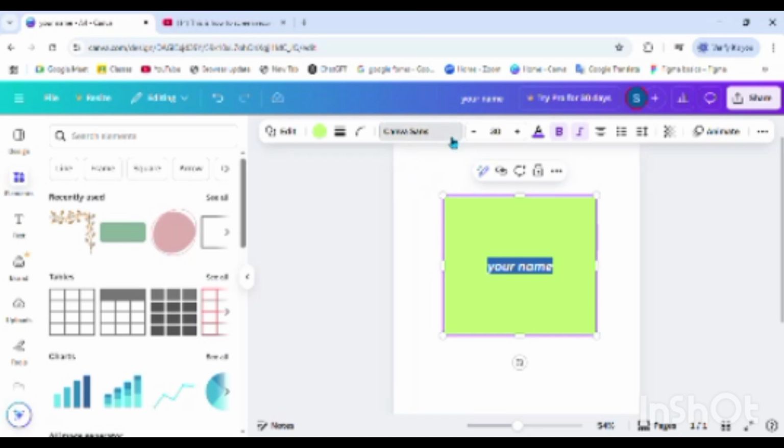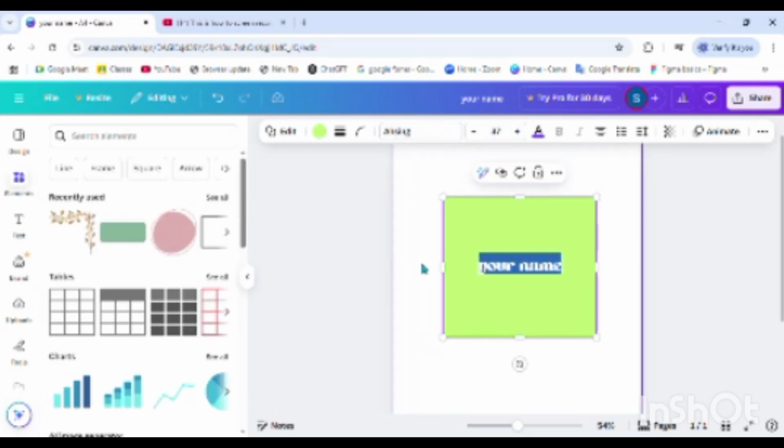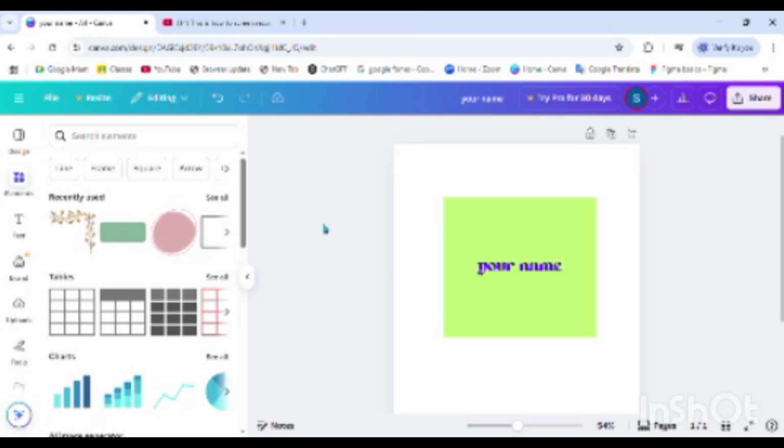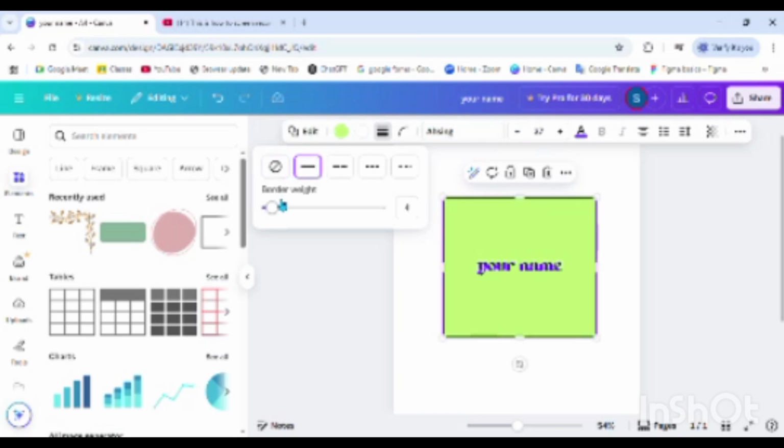Be sure to select everything. And then we have Canva Sans, which means the Canva fonts. You can select the writing of Canva in here. We're gonna just do anything, but make sure there is no crown on it because it might be pro, not free. So right now I'm adding the borders that I showed you earlier. I'm gonna make it normal. It doesn't matter, you can do it anytime. Okay,